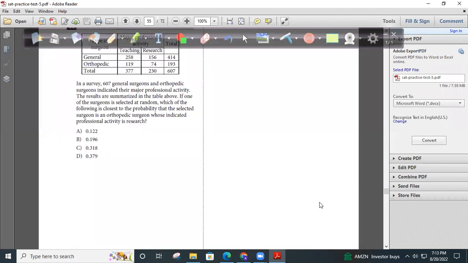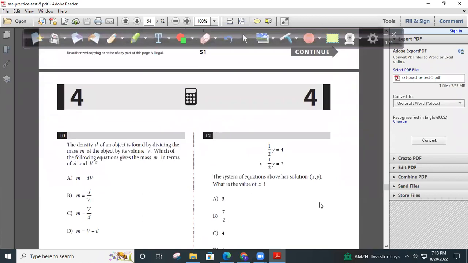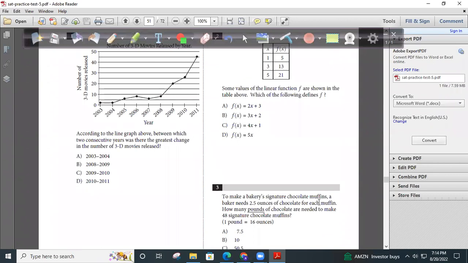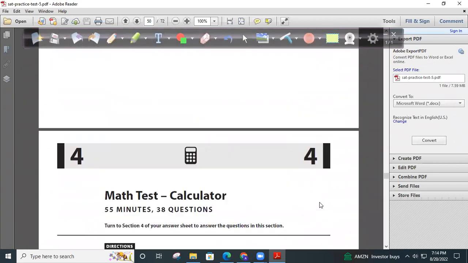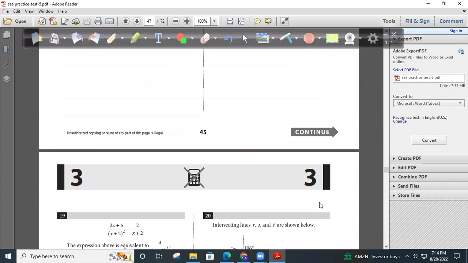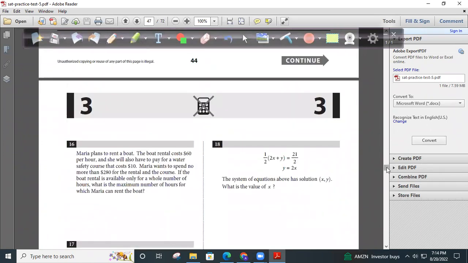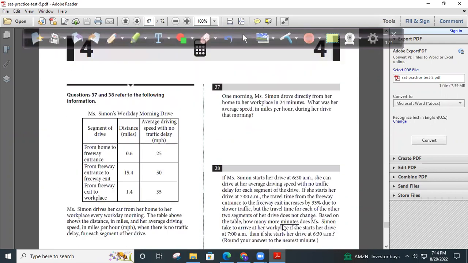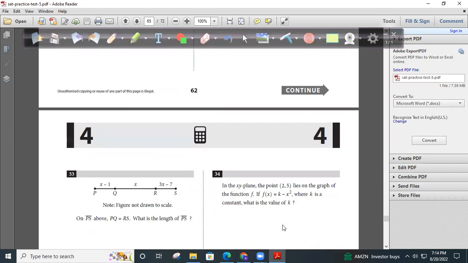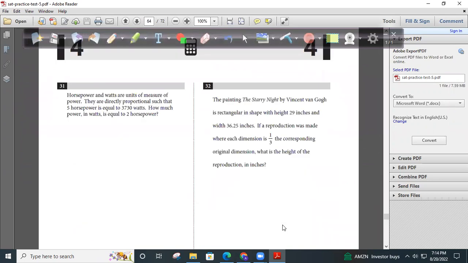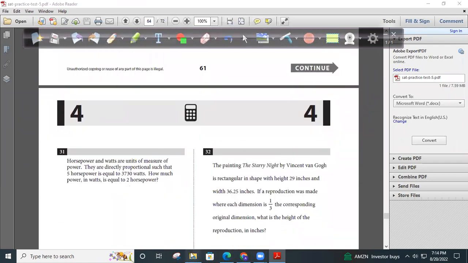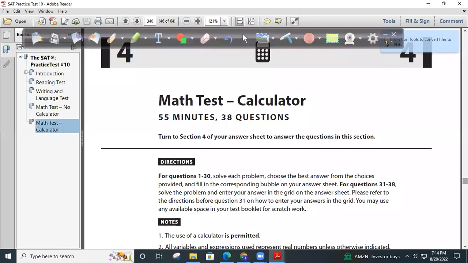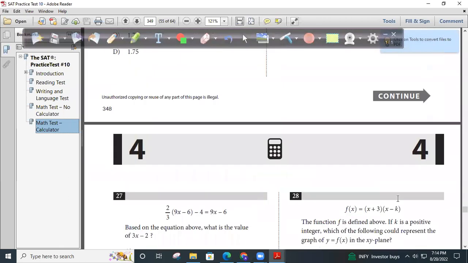I can't see it here. I'm just skipping and skimming, whatever you call it. Okay, I can't see any question in this section 4. Now let me see in section 3. Okay, section 3 also I can't see. Section 4. Yeah, no, I can't see one in this paper. Let me open another paper. Let me solve an actual question, and you'll definitely enjoy it when you start learning the way that you need to solve